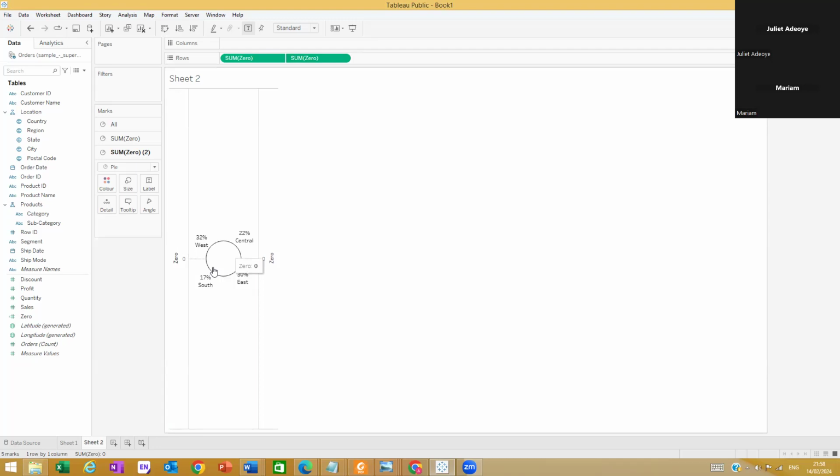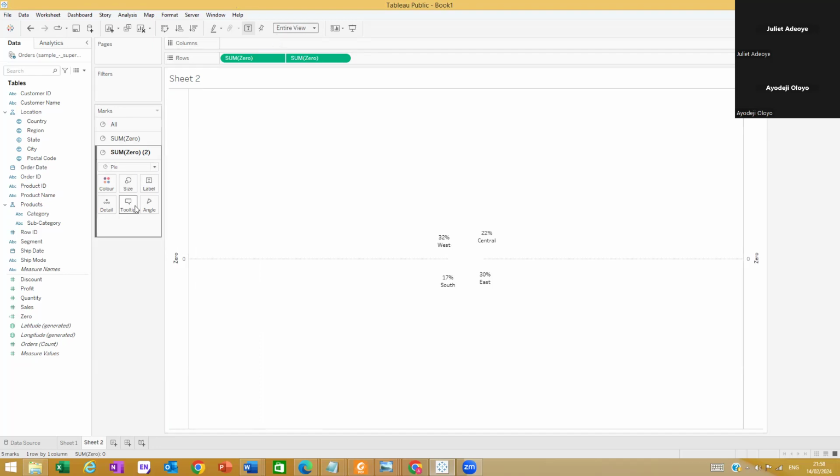Okay, so now when you have dual axis, you see that one is above the other, so you can't see one. What you want to do is this. Let me first make it the entire view so that we can see what I'm doing very well. I'll come to size and reduce the size. I have three: All, Sum 0, and Sum 0 (2). Sum 0 (2) is the one on top. Sum 0 is the one below. All has to do with all. If I adjust anything here, it affects both. So for Sum 0, what I want to do is